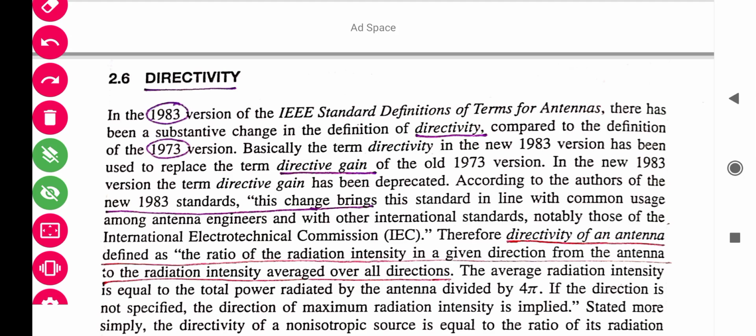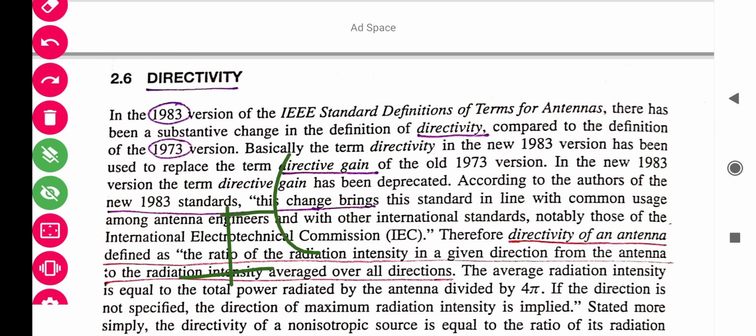In this video, we'll try to discuss the directivity. So, what is the directivity? Directivity is simply defined as the radiation intensity in a given direction, that means our desired direction, to the radiation intensity averaged over all directions. That means if the antenna will deliver the energy into 360 directions,